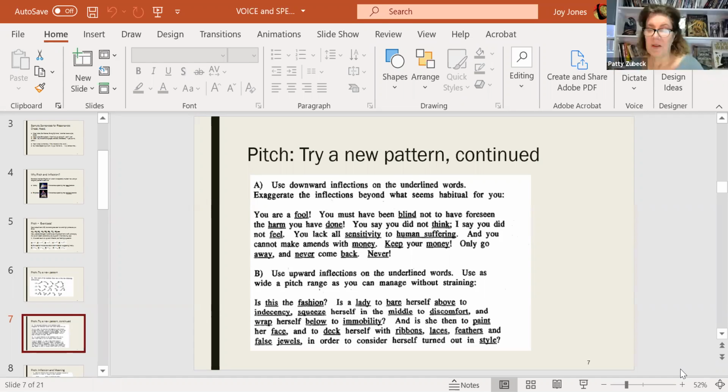But if it helps you to lower the jaw, I would say yes, great. Ideally, you don't need to move your head. You don't need to move your head a lot. So it wouldn't necessarily be, you are a fool. I mean, you might be doing that in these beginning stages because you're in the learning or the newly aware stage. So kind of like me doing my finger prompts and hand prompts. But eventually you won't need to also move your head as you do a lower pitch. Yes.